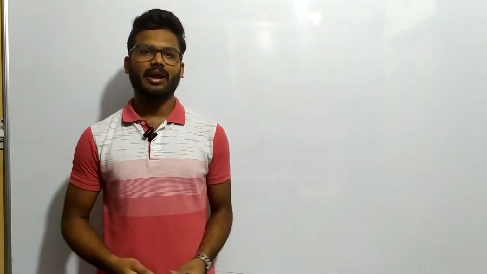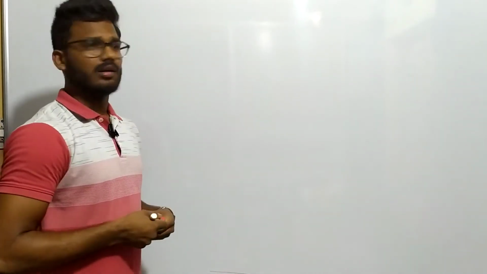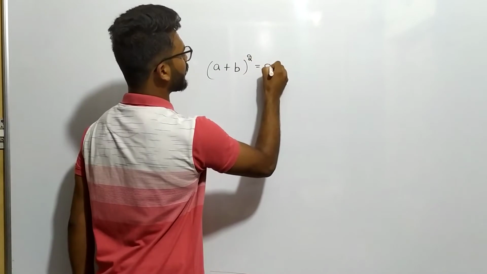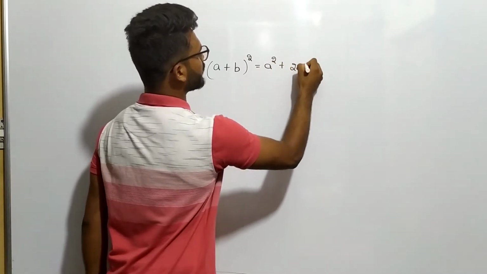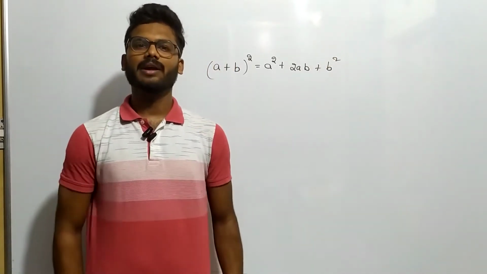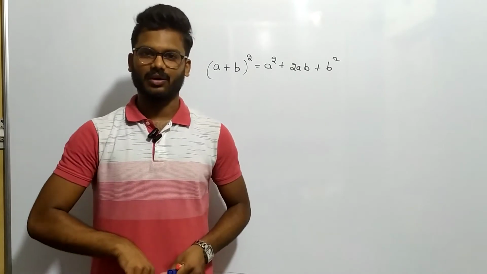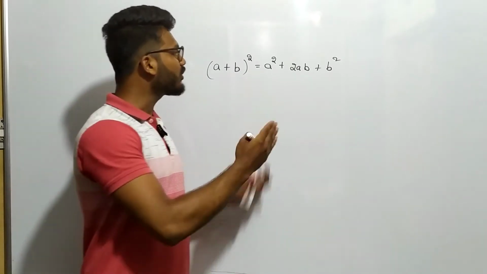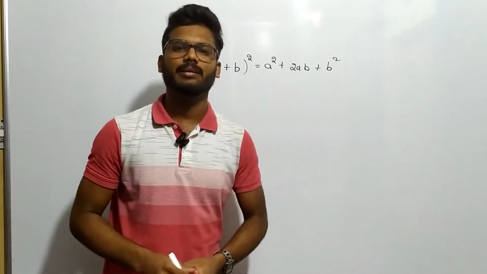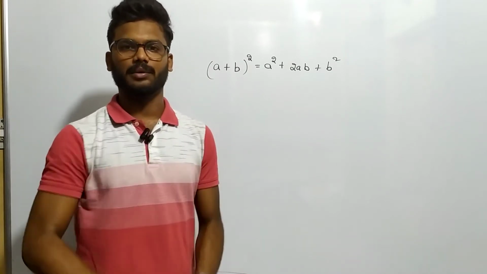In this session, let us learn about algebraic identities. What are algebraic identities and how to remember them easily? You may have come across these identities: (a + b)² = a² + 2ab + b², and so on. These formulas are becoming too much of a headache, right? In this session, let us see how to derive them, how we got those formulas, and how to remember them easily, along with some examples. Clear?